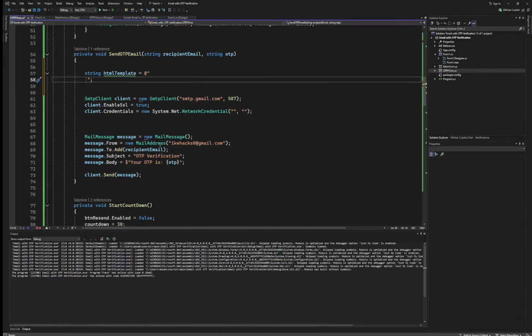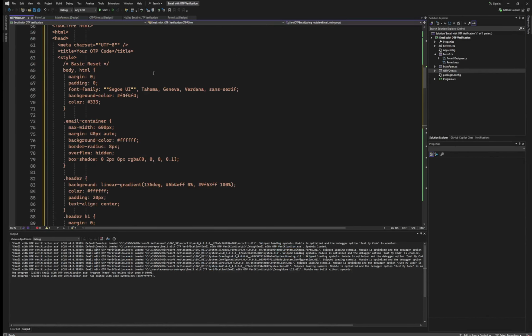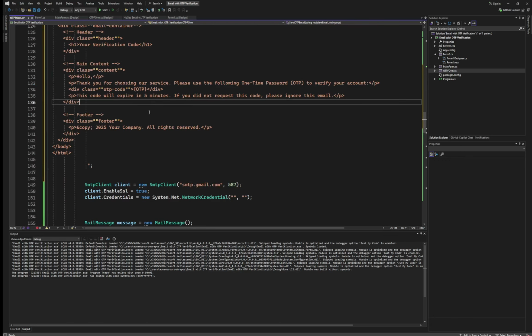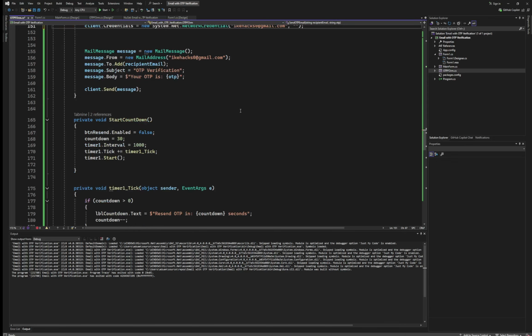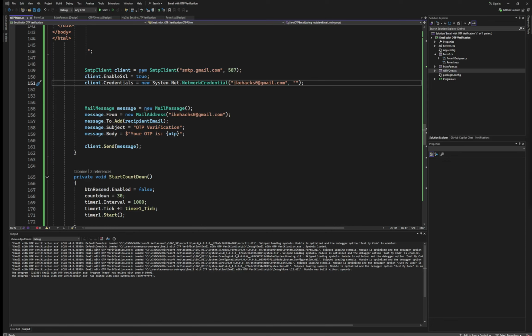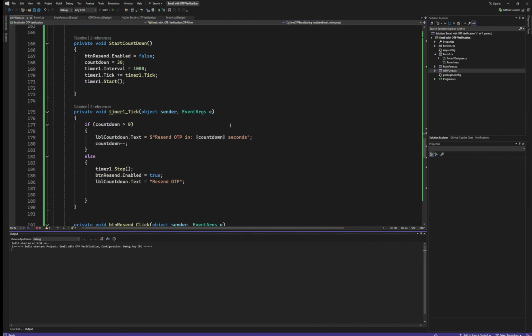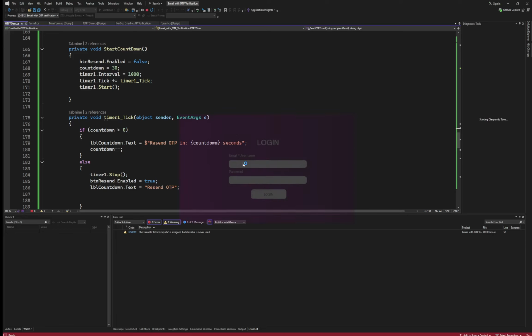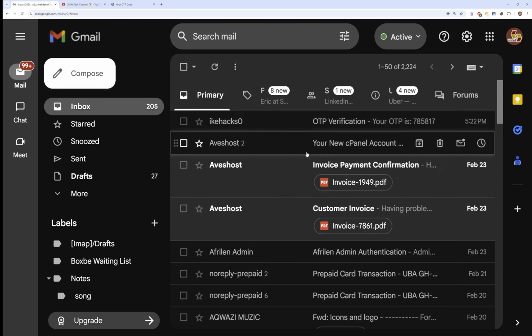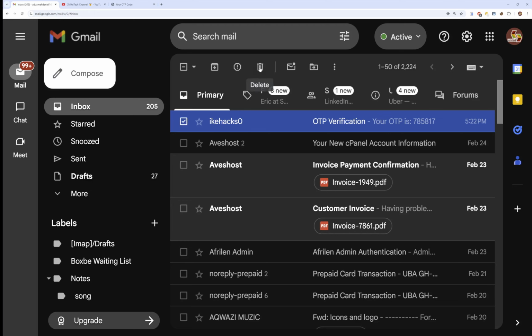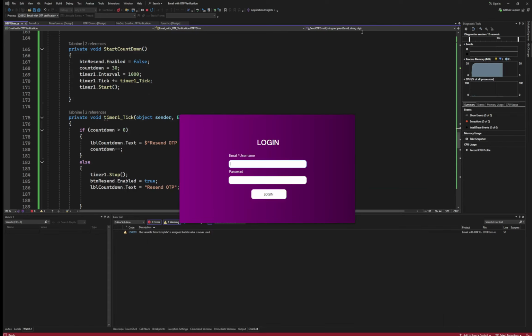So now let's go back inside here, and then we will just have to paste it right in here, save it, and now you just add in your information again, and let's test it right away. I'll click on the start button, and this is probably going to start it for me. But before I do that, I'll go to the login and make sure I delete the OTP verification code which came. I'm just going to delete it. That is fine. So let's go back in here, add our email,